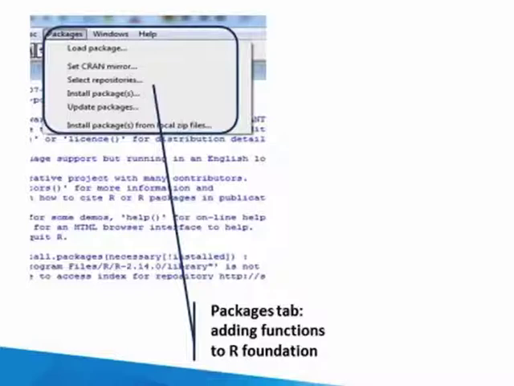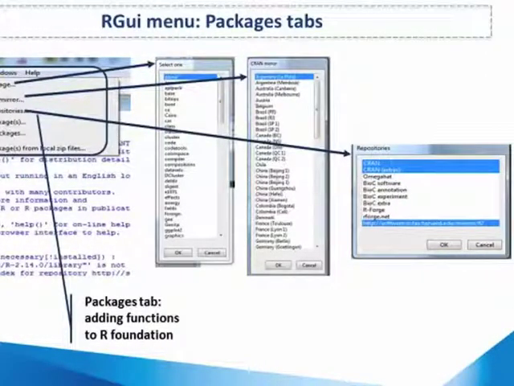When a user clicks the option install packages, a list of around 100 out of these 3000 plus packages, some of the most popular R packages, will appear in alphabetical order so that the user can select the right package. Update package updates a package already installed in R but whose new version is available. And finally, if the user has already downloaded or acquired through a third party R package, he can install it in R by searching where the package is in his computer and then use the install package from local zip files option. We will see how to download our R package in a few minutes after completing our presentation of the R menu.